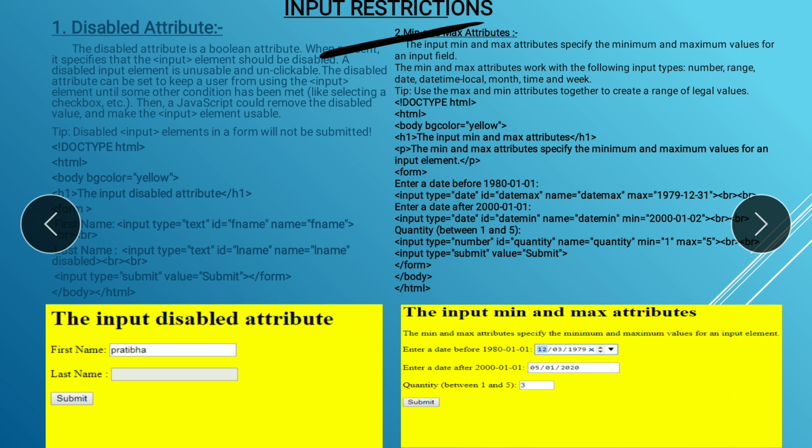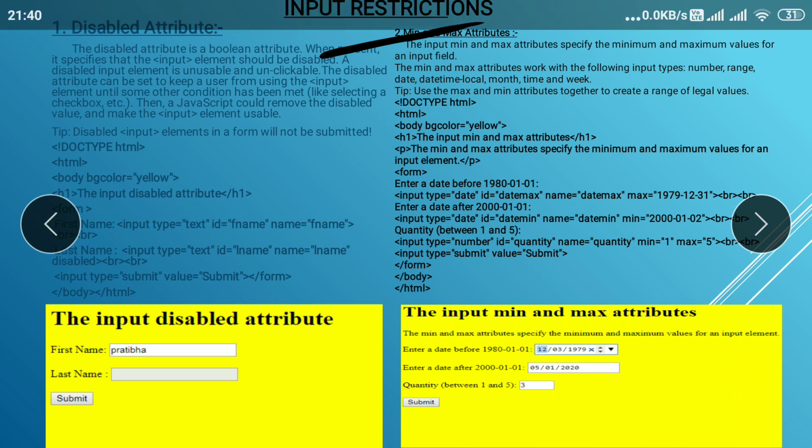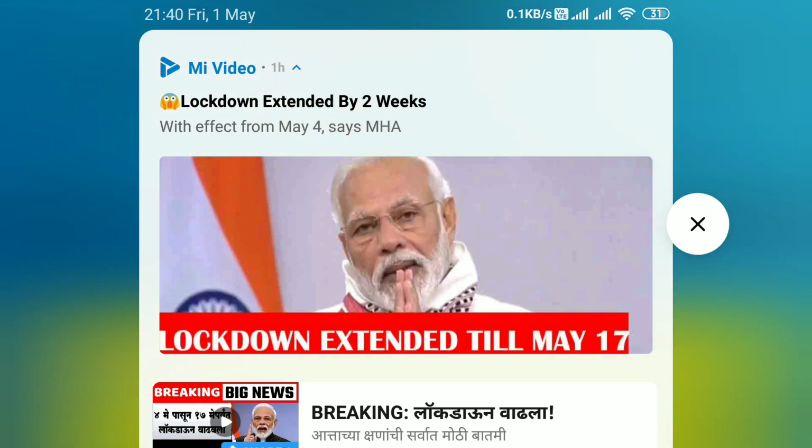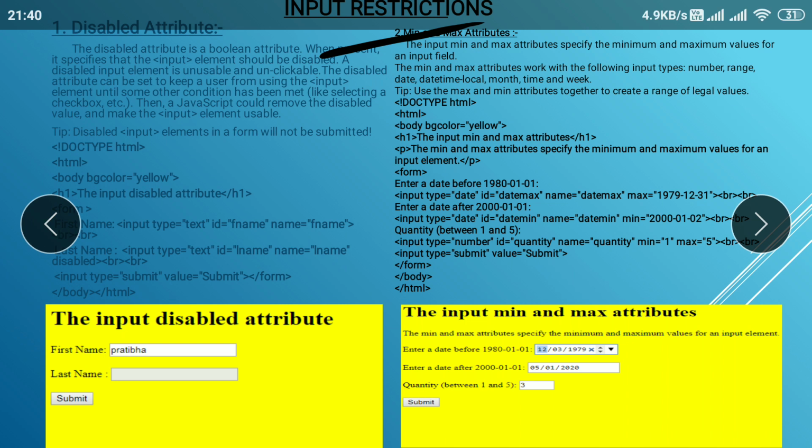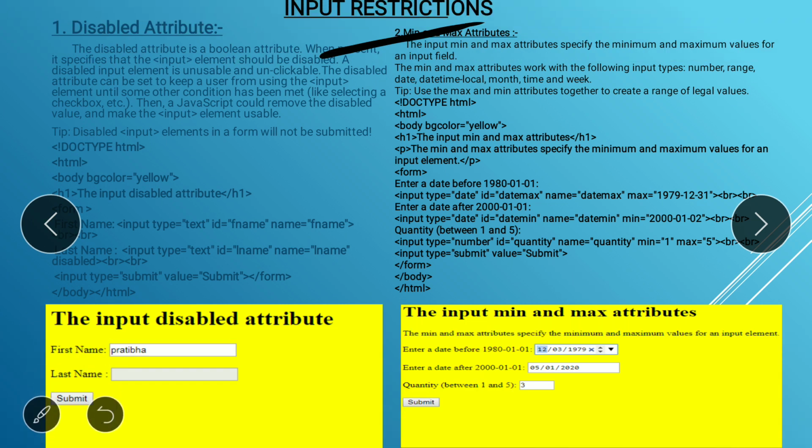Here I used the max and min attributes in the date control. In that, here I set the max value and here I set the min value. You can see here max and min.